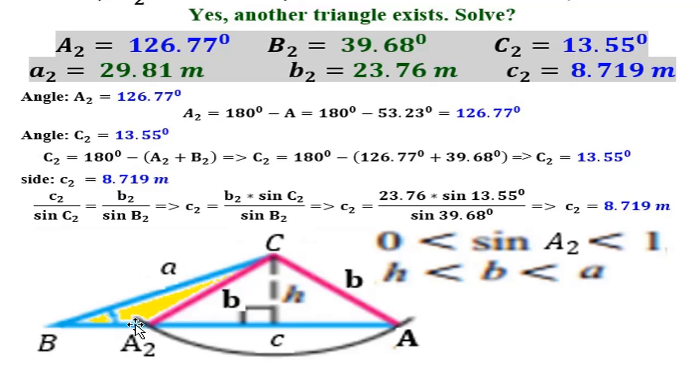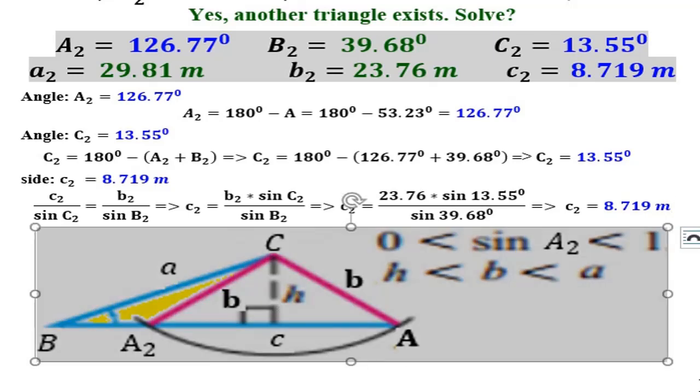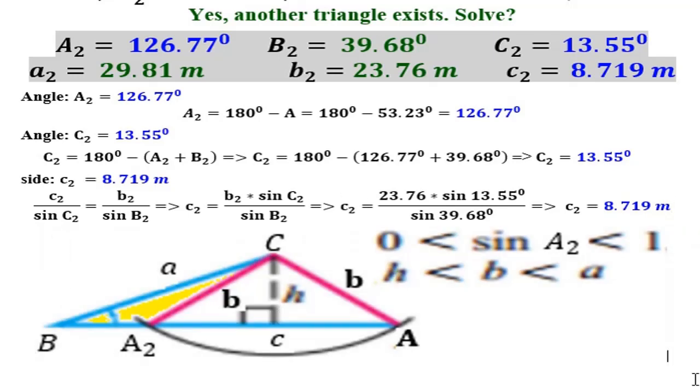Then angle B2, it does not change, it is the same B. And side B2, it does not change, that was given to us. And this triangle is where B is smaller than A but greater than H. And that is the second triangle. And that is the end of the